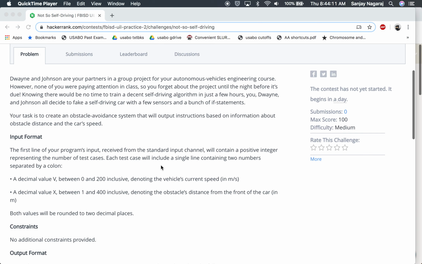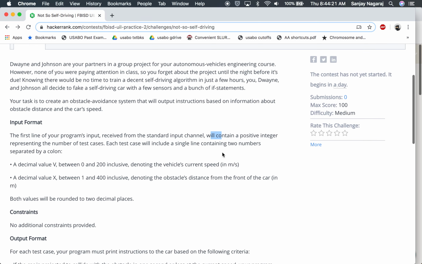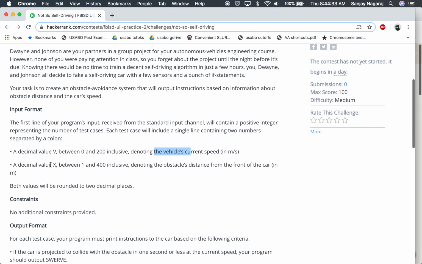First, if you look at our input, the first line of our program's input gives a positive integer representing the number of test cases, so n test cases we can say. And then for each of those n test cases, we'll have a single line containing two numbers separated by a colon: a decimal value v of two decimal places, which will denote the vehicle's current speed, and a decimal value x,